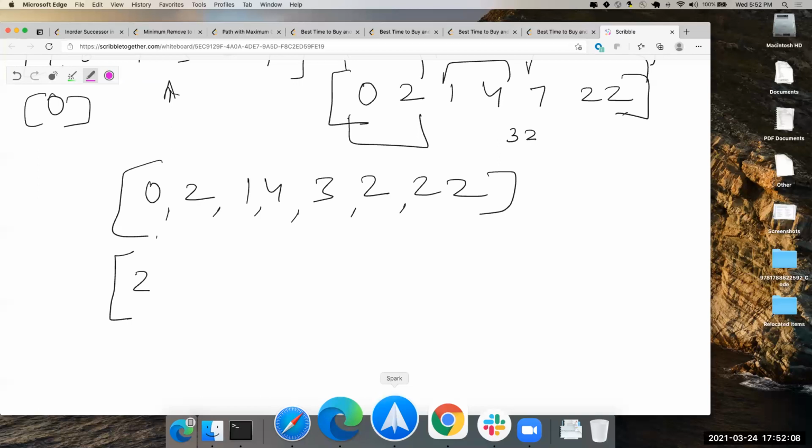First put in 2. That's 0 and 2. You get 2, that's your profit. Now your next profit window is 1 and 4, which will get you 3, right? Then you dip to 3, you dip to 2, you're not going to get a profit. Now you get 2 and 22, which gets you a profit of 20, right? So you evict the smallest out of that array. So you get 20 and 3. Before you put the 20 in, you evict the smallest. So you're getting 23 here. Is that the answer?